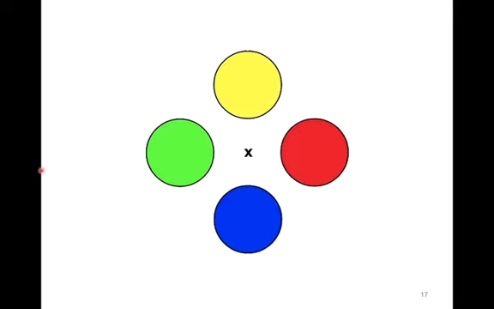Okay, so what's the point? Let's just stare at the X and talk about why this matters. So right now, if you're looking at the X in your foveal field of view, there are all of the cone opponent fields that we just looked at. And in about 5 seconds, I'm going to switch the slide to present a blank page, and I want you to tell me what you see. Well, you can't tell me what you see, but anyway, focus on where there is, look at the X, but